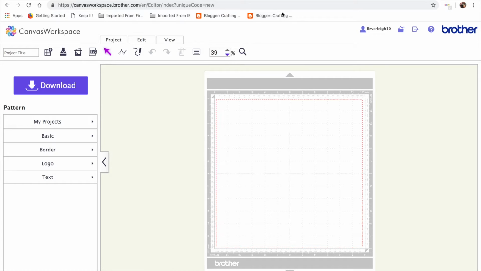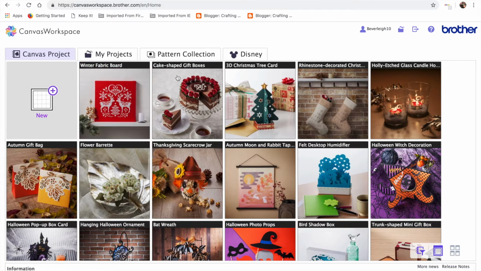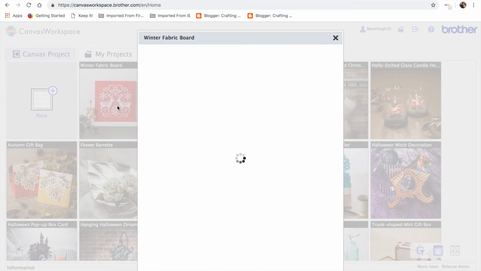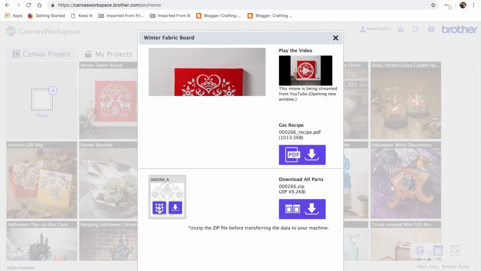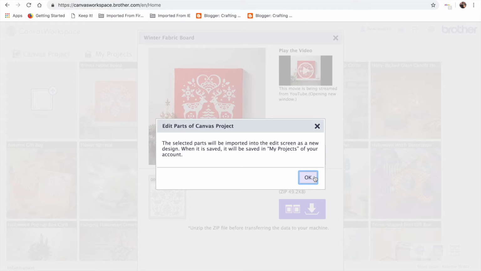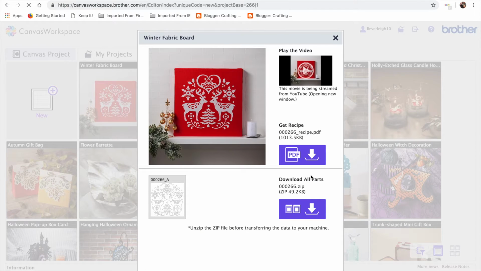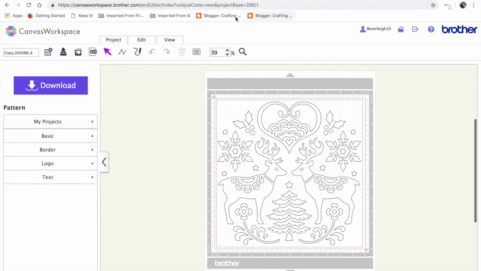Now what we're going to be making today, we're going to be using a file that Canvas have actually put on for us to use freely, and it's this one here. And I'm going to click on it and I'm going to add it to the mat, like so. That will bring that up onto a Canvas workspace mat, and then I'm going to